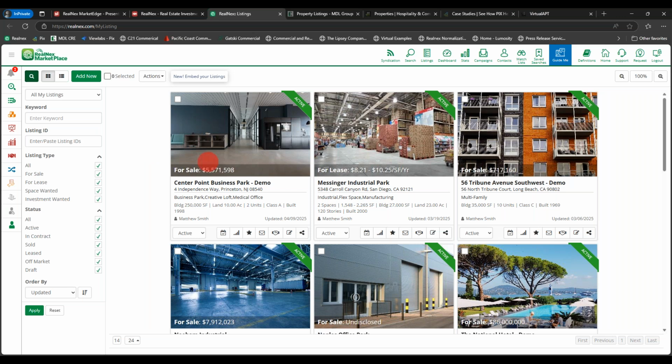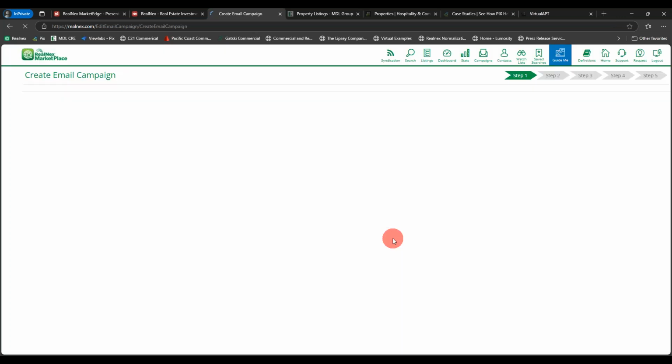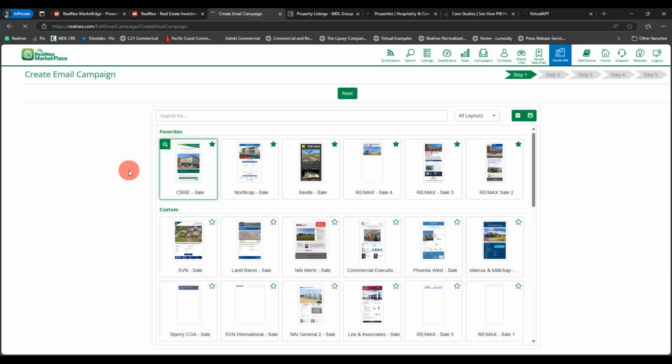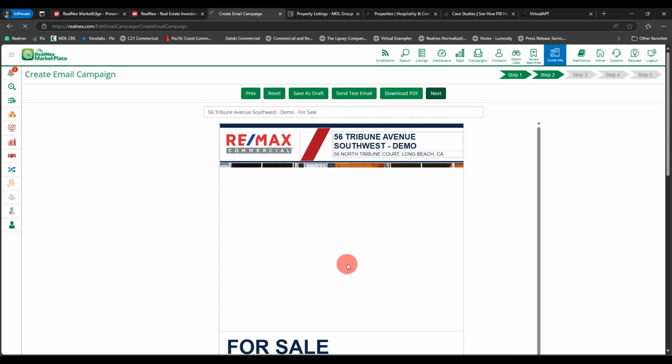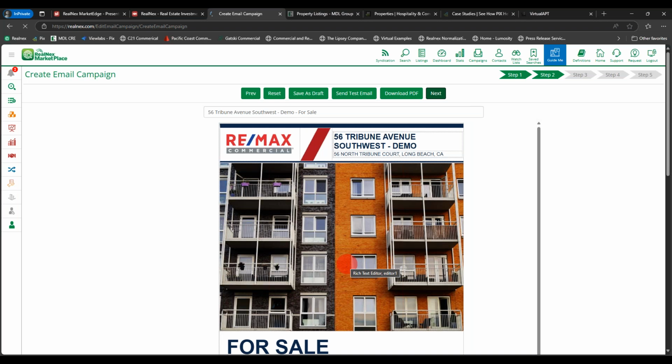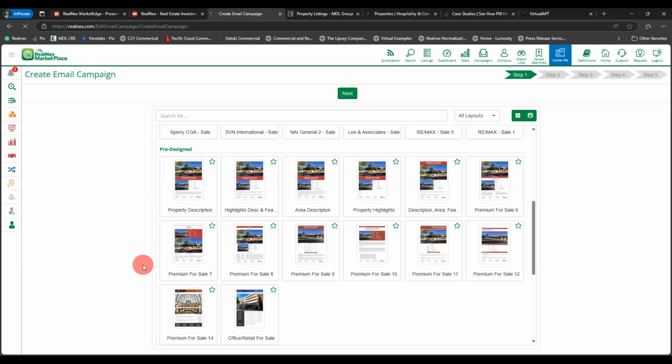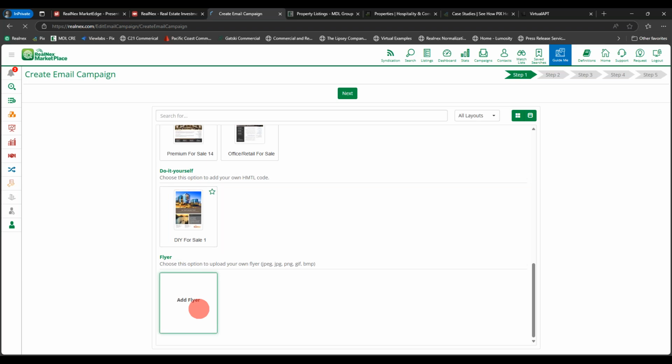You could also create an email campaign. That email campaign can be created in under 60 seconds. Most of the time, you're going to create that in under 30 seconds. Now, I can create one based upon the template that I have made. We'll make templates for you if you need them. Maybe you want to use your own. Client said earlier, hey, Matt, I want to use my own flyer. No problem. Use your own flyer,